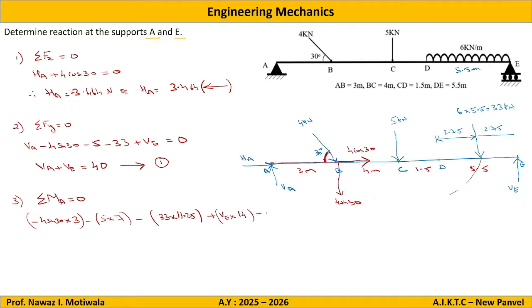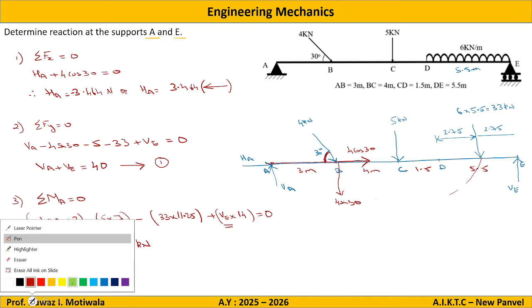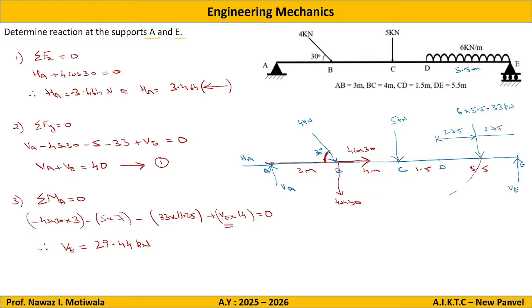This all should be equal to 0. Now if you observe, there is only one unknown in this entire equation, that is VE. So once we solve it, I should get the answer for VE as 29.44 kilonewton. And once we got VE, put this value of VE in this equation. So I will get, therefore, VA is equal to